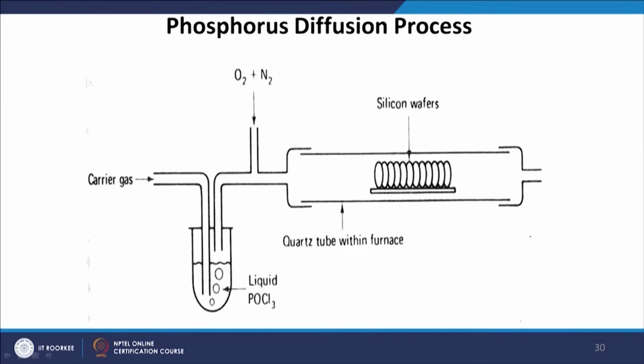Now, the phosphorus diffusion process is shown here. You can see the silicon wafers which are stacked here, and this is the cylindrical tube. Now, the carrier gas comes from here. So, the liquid POCl3 is mixed in the carrier gas and comes through here. Oxygen and nitrogen are also purged, a very small amount of oxygen and nitrogen gas. Now, once it goes through this chamber, it makes a very thin layer of oxide which contains the phosphorus. Now, when we heat this chamber, what will happen? The phosphorus will slowly diffuse inside and override the boron impurity to make a highly doped and narrow n-p junction.